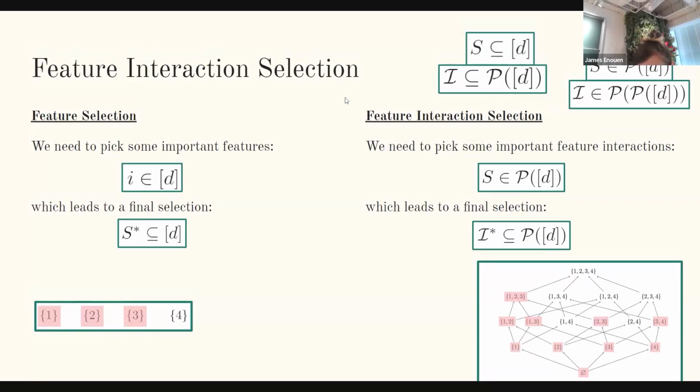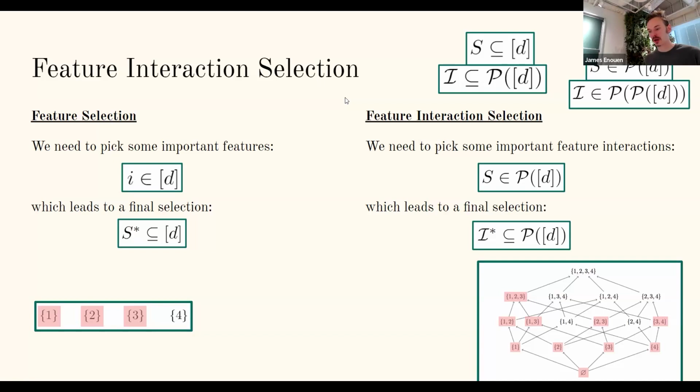Is the variance decomposition always valid? The variance decomposition is dependent on the fact that we have independent input features. So the output variable has full dependence on the input features. In fact, it has a d-dimensional dependence on the input features. But the variance decomposition is only in the case where we have independent input features. And the situation gets a lot more complex when you have correlated input features.